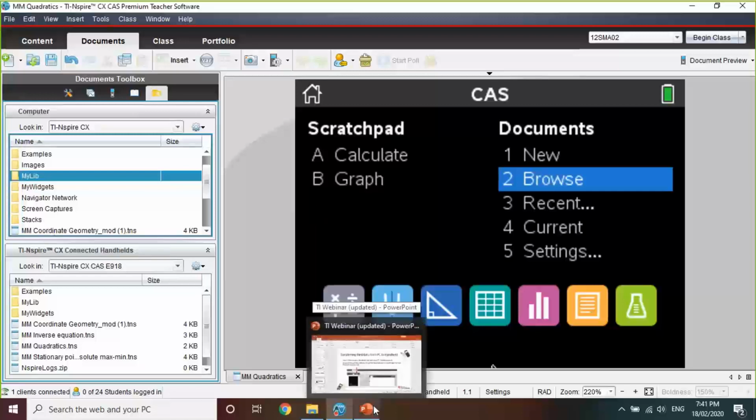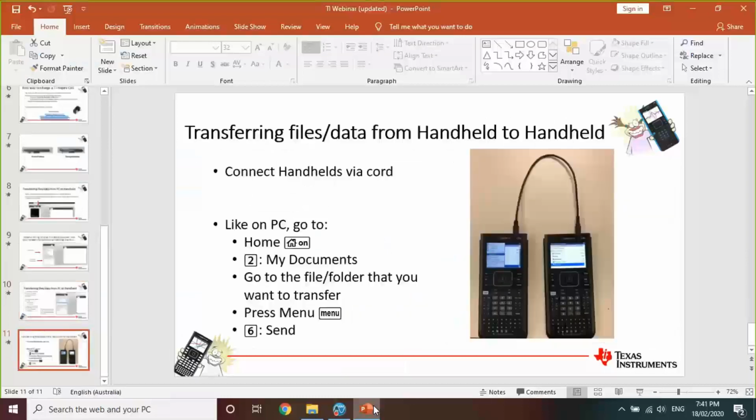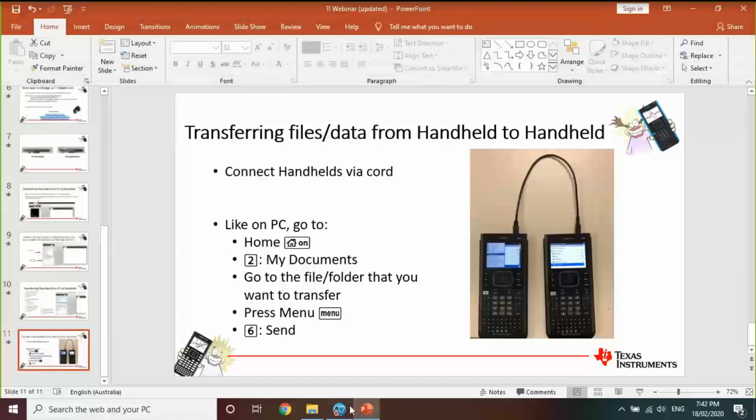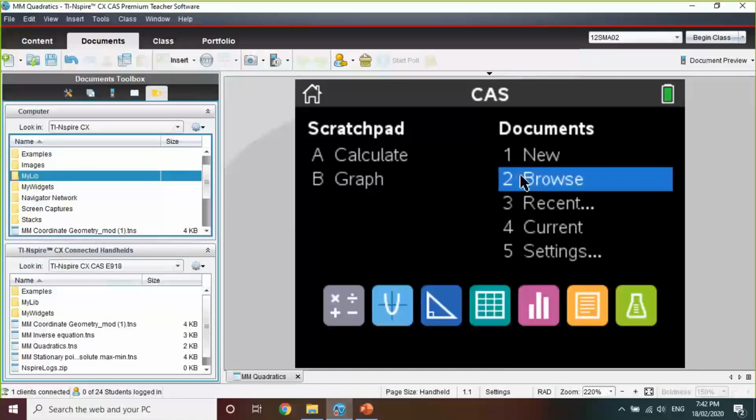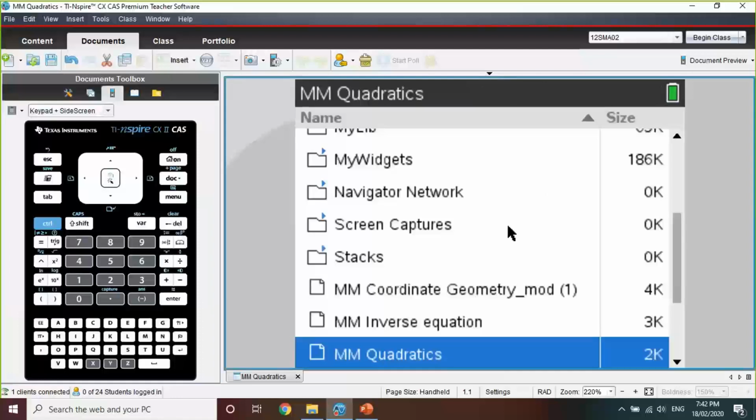If you don't have the student software and you're only able to transfer via the handhelds, the way we go about that is we need to connect the handhelds via a small cable. With your best friend at school, connect up your handhelds, and then the way we transfer is we want to go to our home page on the handheld, and then go to My Documents, or even the CX2, go to Browse. Then we go to the file that we want to transfer, and what we're going to do now is press Menu,